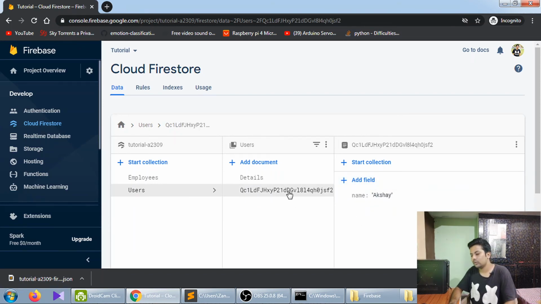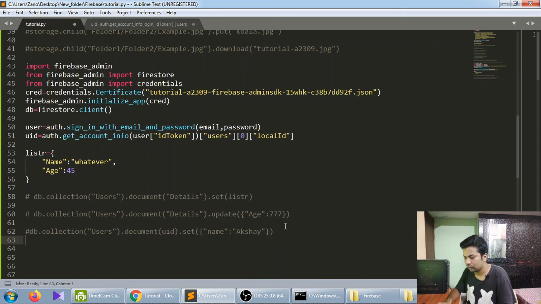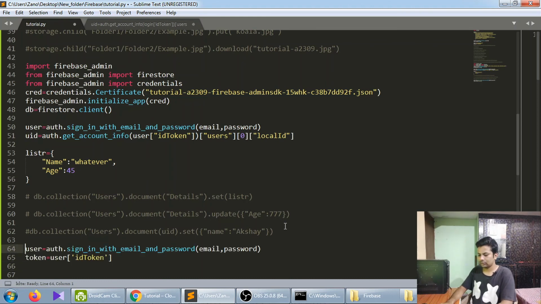So suppose you'll save one person's details here like name, address, designation, place, and the way you'll work is the same way you'll sign in and create in that user. Then you'll take this thing and use their local ID. So whenever you use this command with UID, it will automatically use the UID associated with that user. Now suppose you want to get the data. So for getting the data, it's simple. You'll just write get, oh sorry,